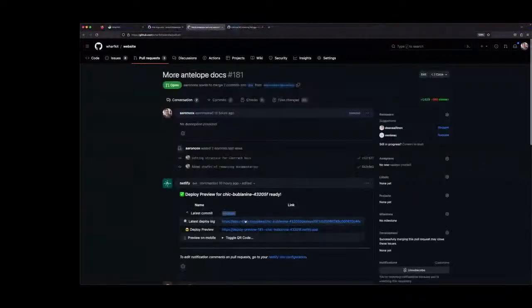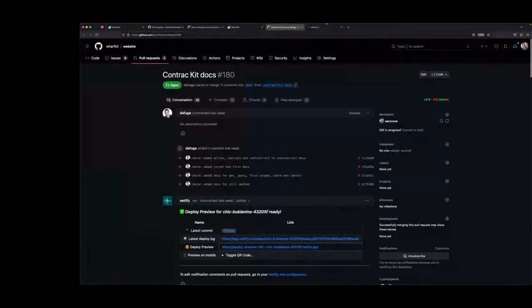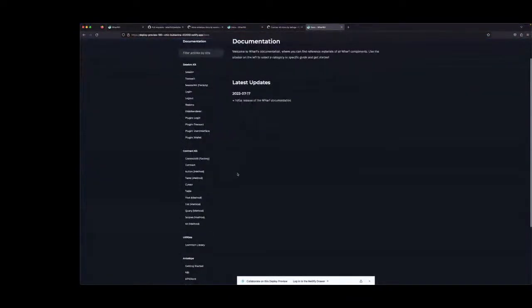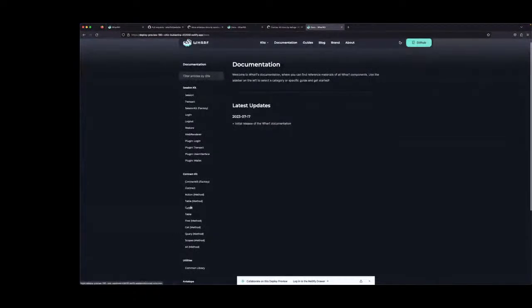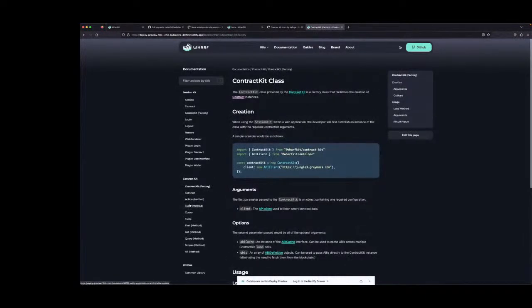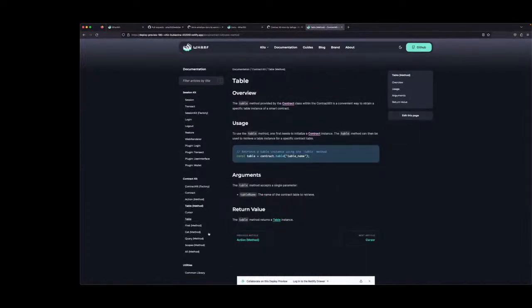I will open them both really quick just to show where they are. This is the PR that has all of the contract kit documentation that's coming. There's still a lot of formatting that needs to be done. Some of the list items are broken, we have links that need to be fixed and some more content that needs to be written, but just to show that this is coming soon. It'll outline how to use the contract kit, what all of the components can be called with, and what you should expect to be returned.